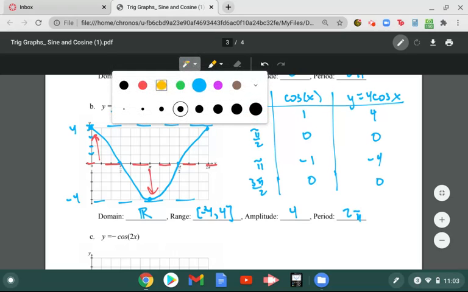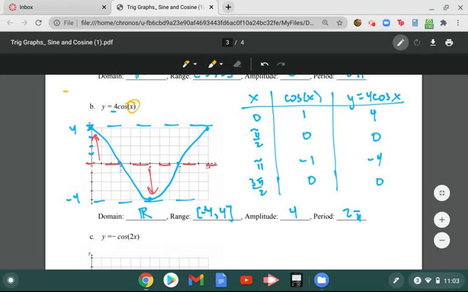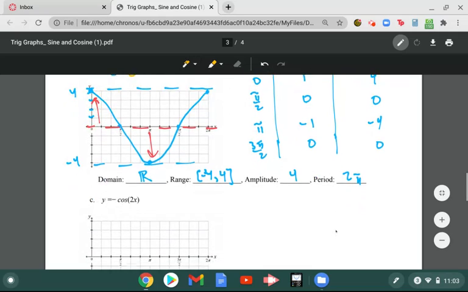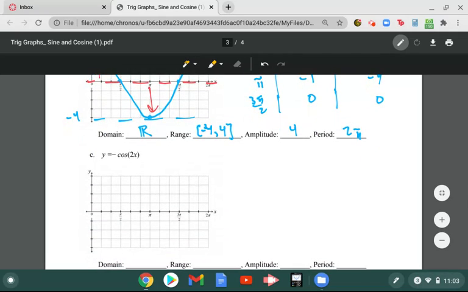One way to see that the period hasn't changed is because there's nothing multiplying that x. However, in C, we are multiplying the x by something, and we are multiplying the x this time by 2. So I'm going to go ahead and start out with the period of this one. I start with the original period of 2 pi, and I divide by that multiplier. So I end up with a period of pi. So I know that I'm going to be completing one cycle of my cosine, this is cosine, right? Of my cosine graph